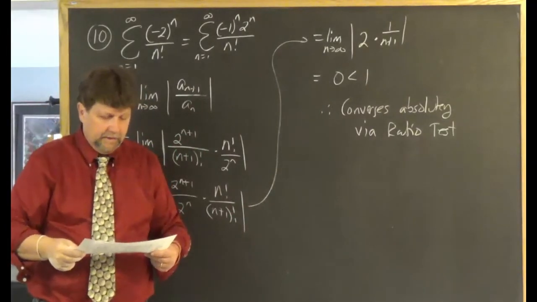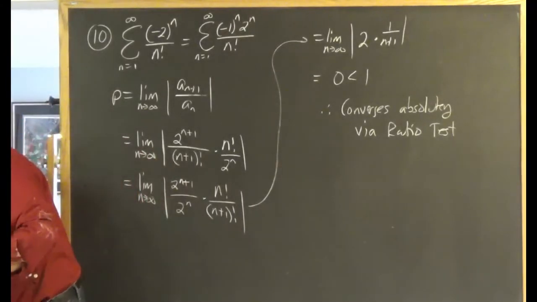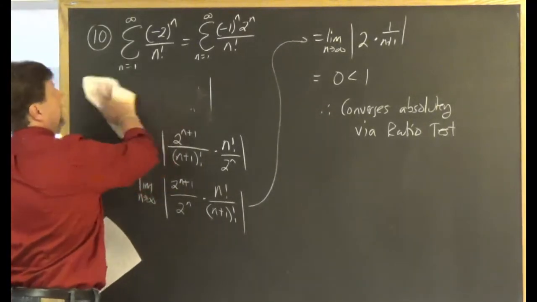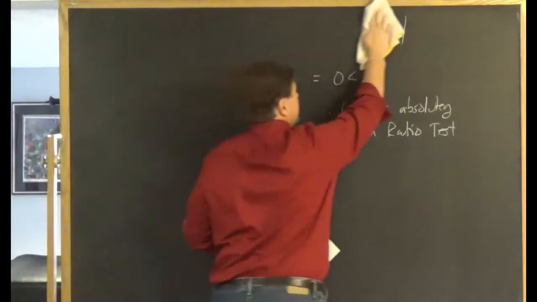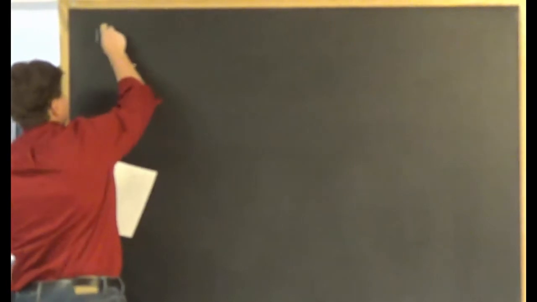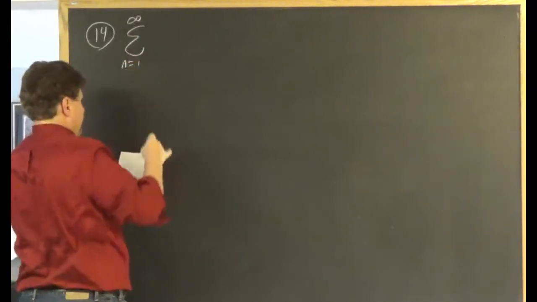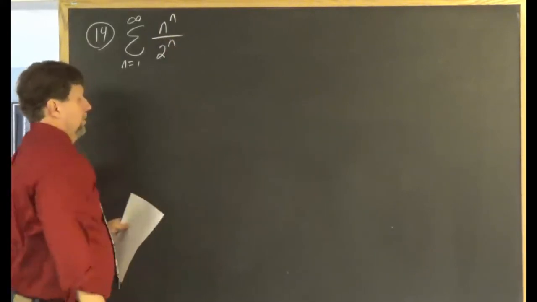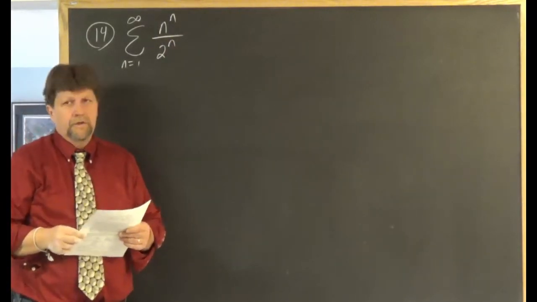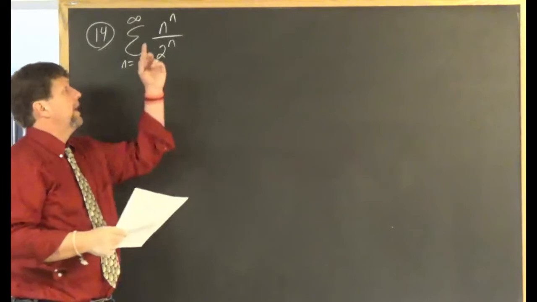All right, so I think what I need to do now is erase the board to do number 14. Too much chalk dust. So let's see what number 14 is all about. 14 was the series n equals 1 to infinity of n to the n over 2 to the n. Okay, folks, I don't have a good feeling about this one converging, because the numerator is